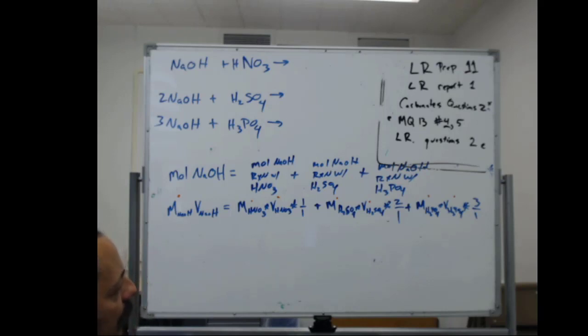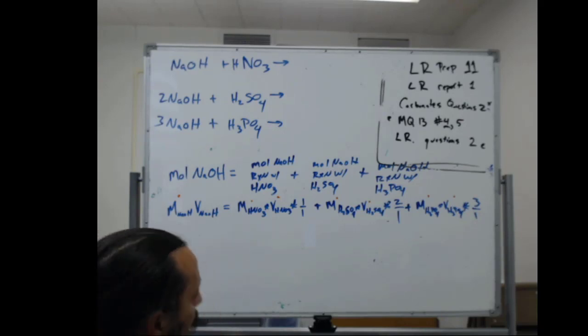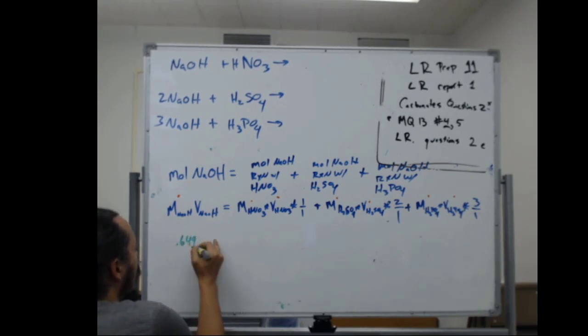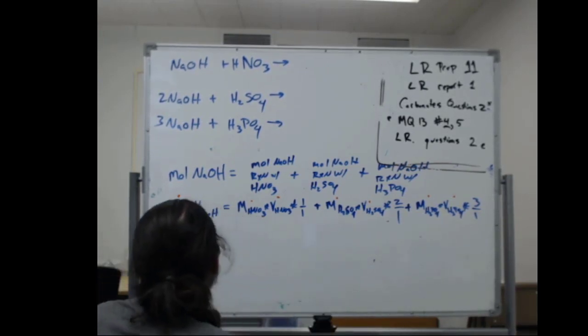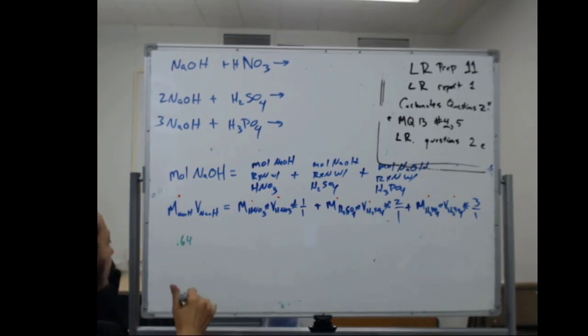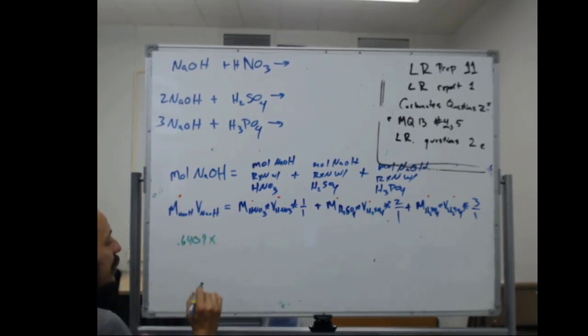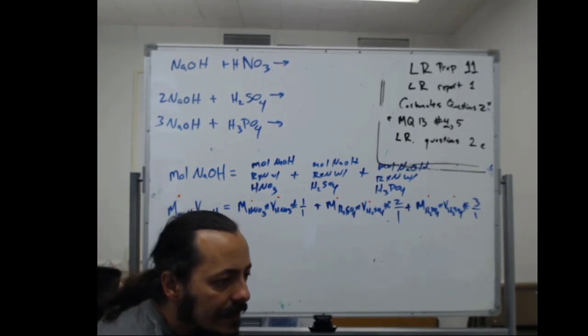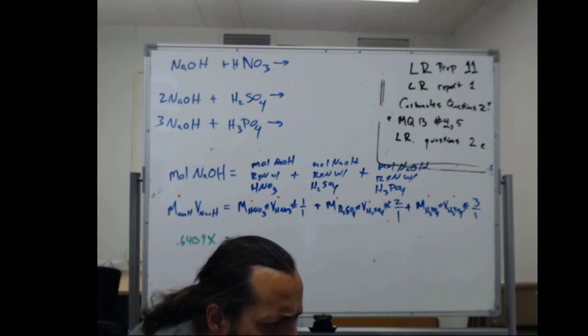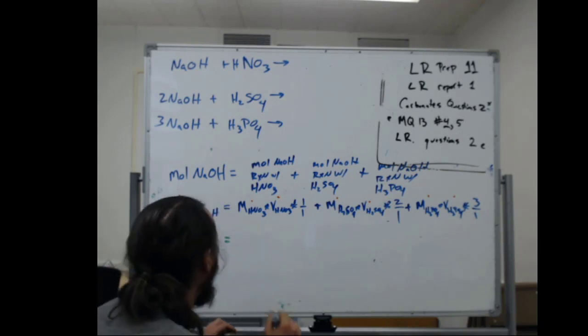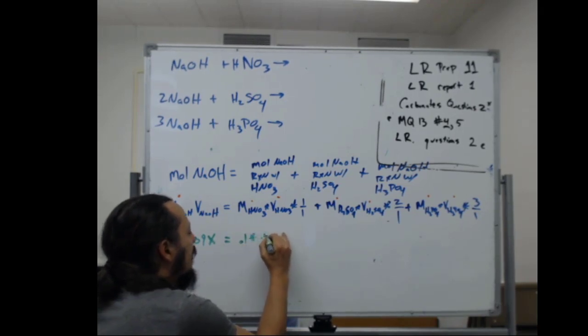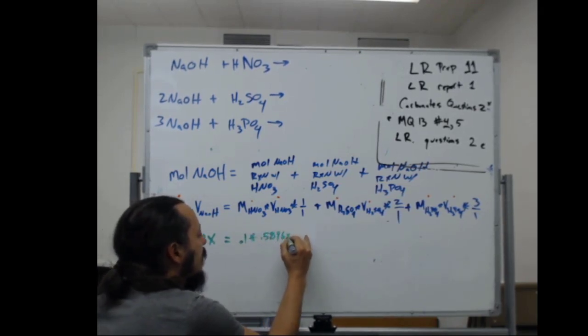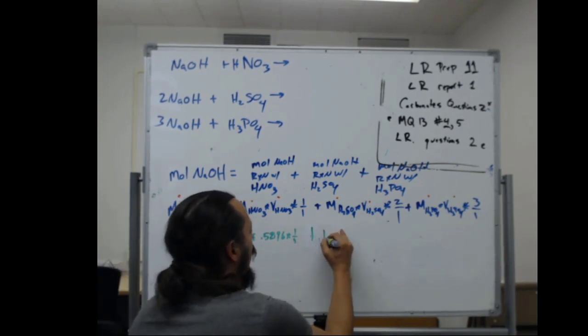So if we plug in all of our numbers, at that point it should just be algebra, right? We've done our conceptual chemistry thinking and now we just got to do the maths. So I've got 0.649. Sorry, for my numbers. And I'm going to make it super algebraic, calling my unknown x rather than volume. And all of them for mine are 100 milliliters and 0.5896. So I'm just going to do 0.1 times 0.5896 times 1-to-1